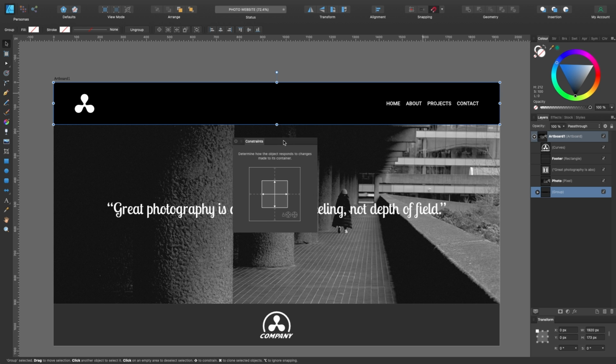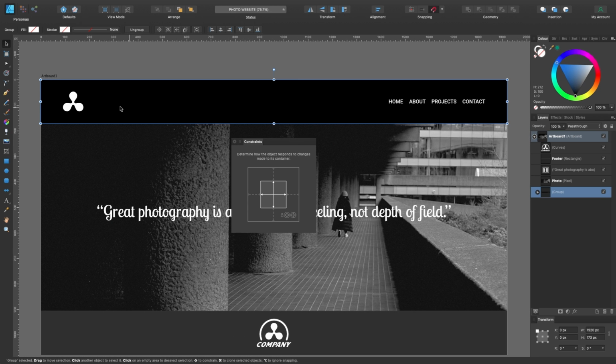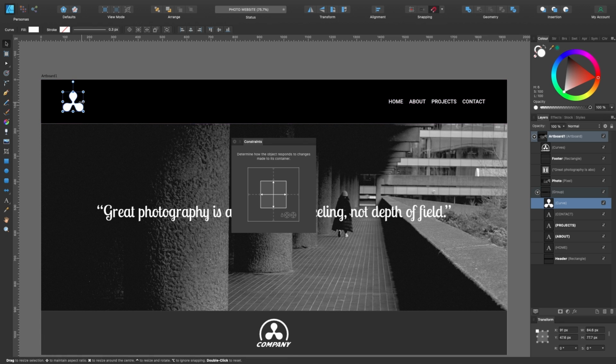So now I will start playing around with the constraints. Like we did before, go in, this will be our child layer. For this, I don't want it to scale. I don't want it to squash or anything like that. So I'll just take off vertical and horizontal scaling. And I want it to stay on the left-hand side. I'll keep it on the left-hand side like that. So it's anchored to the left.